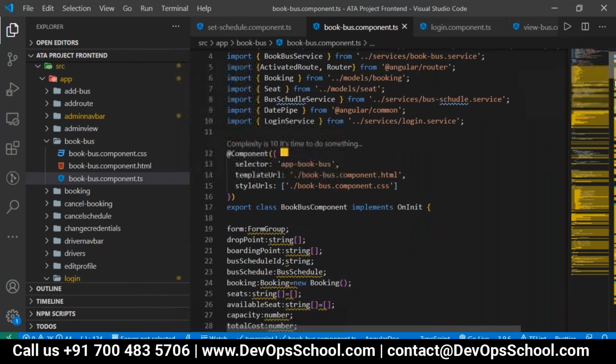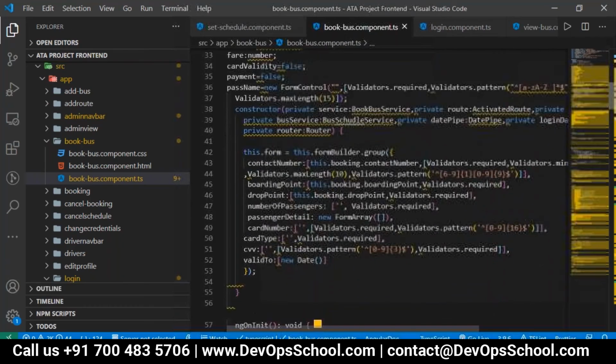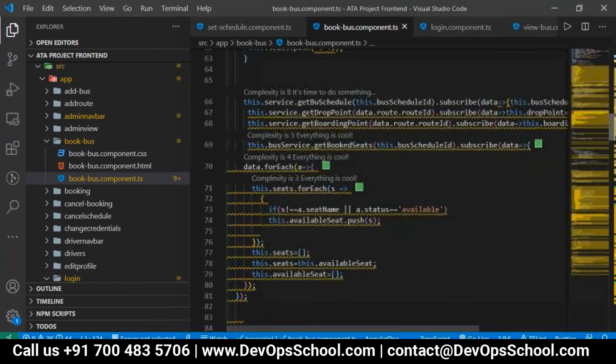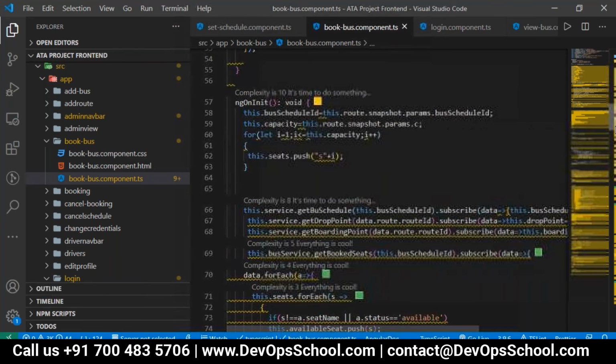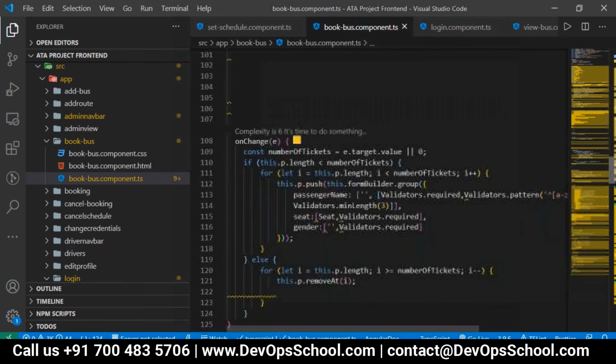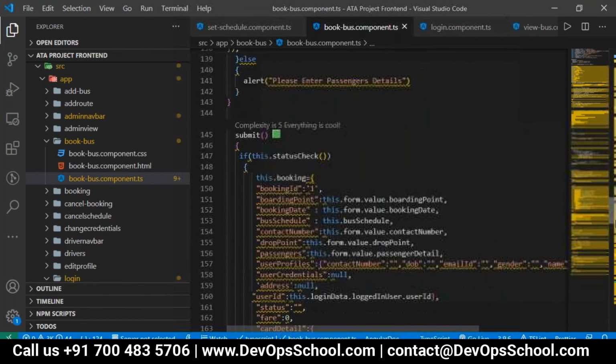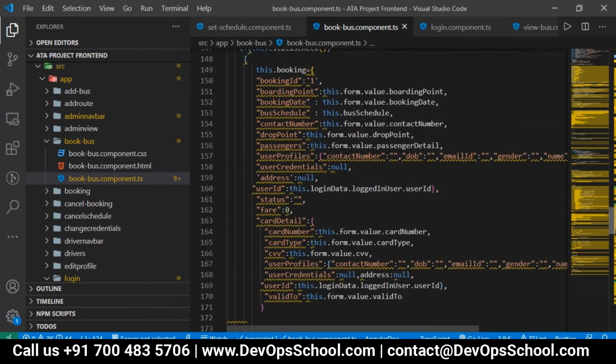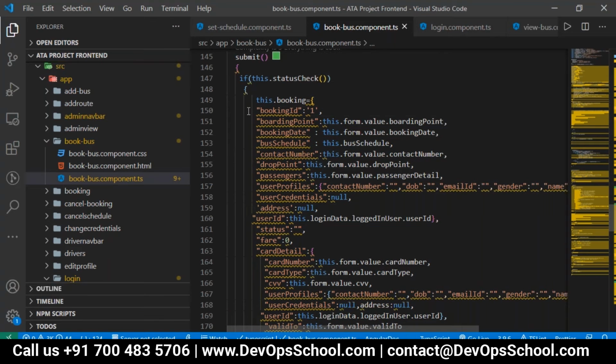When you take the bus booking, whenever I am booking a bus, I want to give a booking ID, which can be hard coded, because in the backend it is automatically generated.